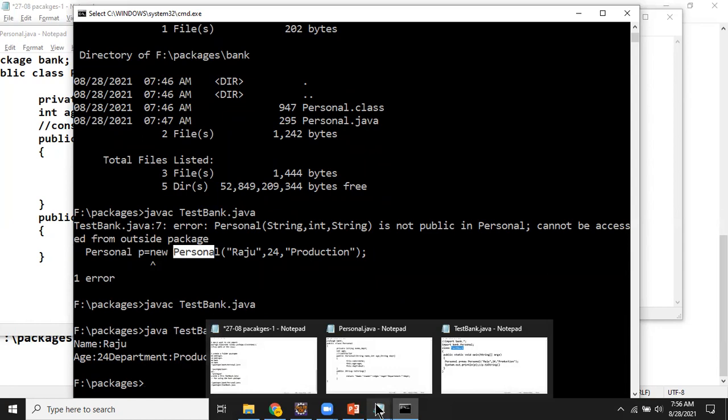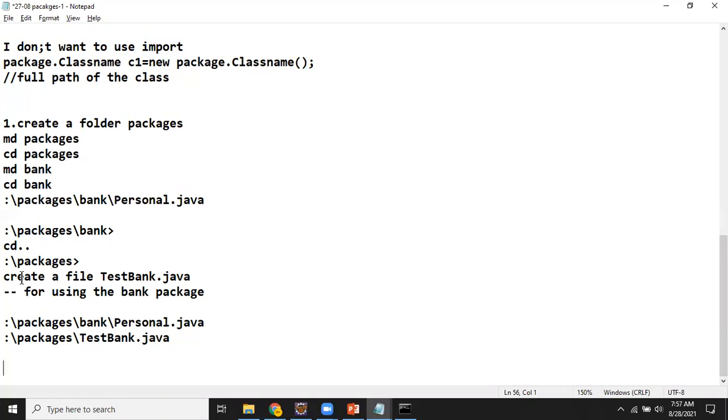So we have some classes which are related to one set of application. Remember, one package is what we call one application. Generally, the classes are related to one application. For that, we create one folder, and into that folder we place all our files. Let me explain the concept again, what we did.